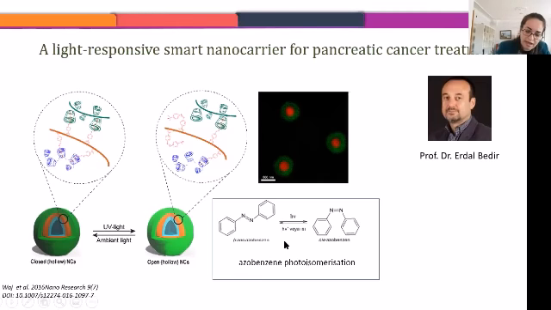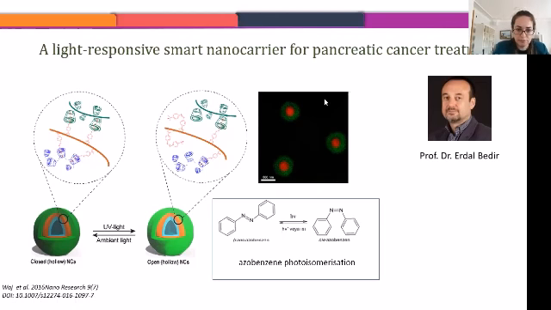which means that when you add heat or UV light, when you direct UV light to these molecules, they change their structure, and by this way the pores are open on this carrier, and it releases its cargo from inside to outside. They were using it for sensors. I said, why am I not using it for a drug delivery system? But there was a problem, because UV light cannot be used for deep tissue treatments. It is just for the surface. You can only treat the surface of your tissue. So I needed to change something.